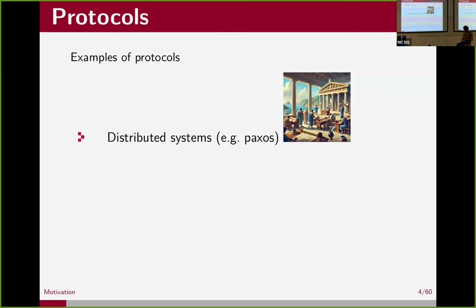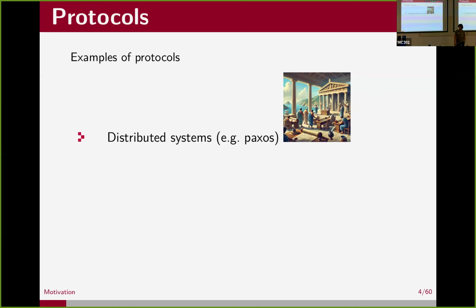So a big example of places where you have these types of protocols are distributed systems, which are systems where you have different nodes of computation separated physically in different places, and you care a lot about how they communicate. You care a lot about the fact that they can fail, for example, or not respond, that it'll take some time until the message gets there. And so there are a lot of distributed protocols that tell you how we agree on something, for example,